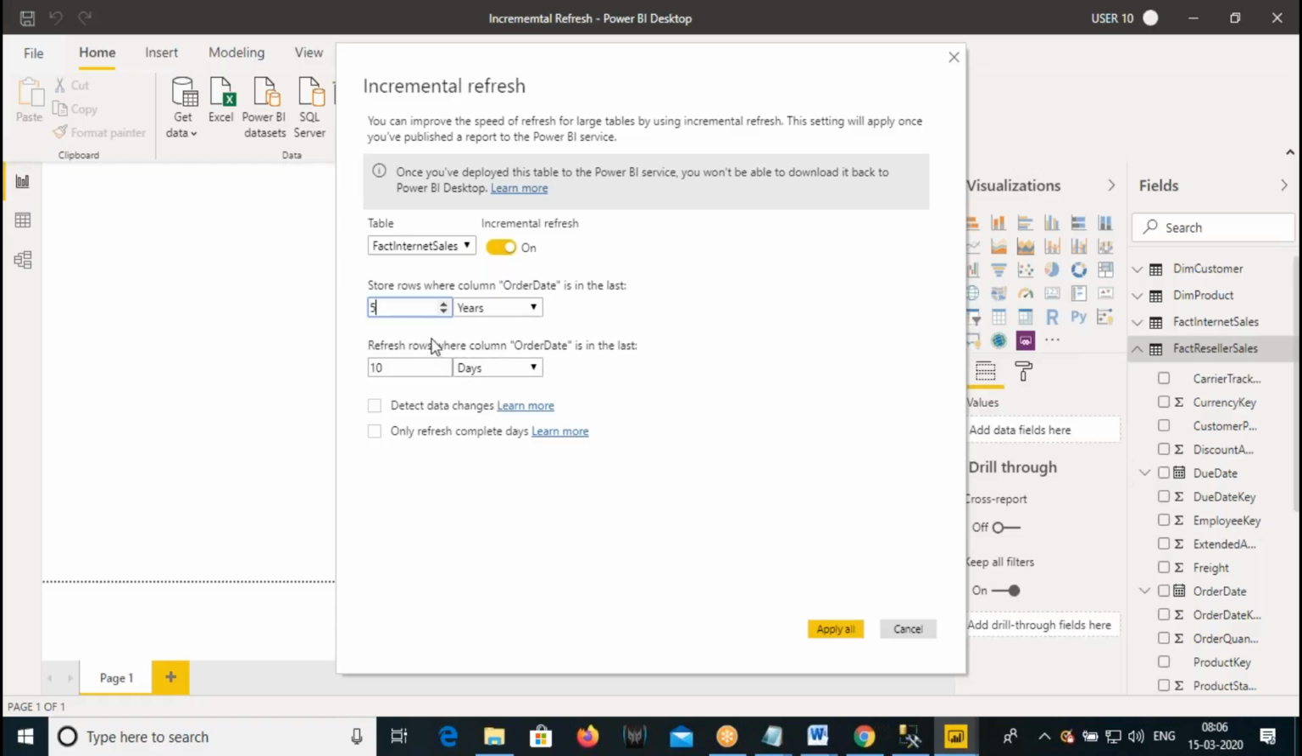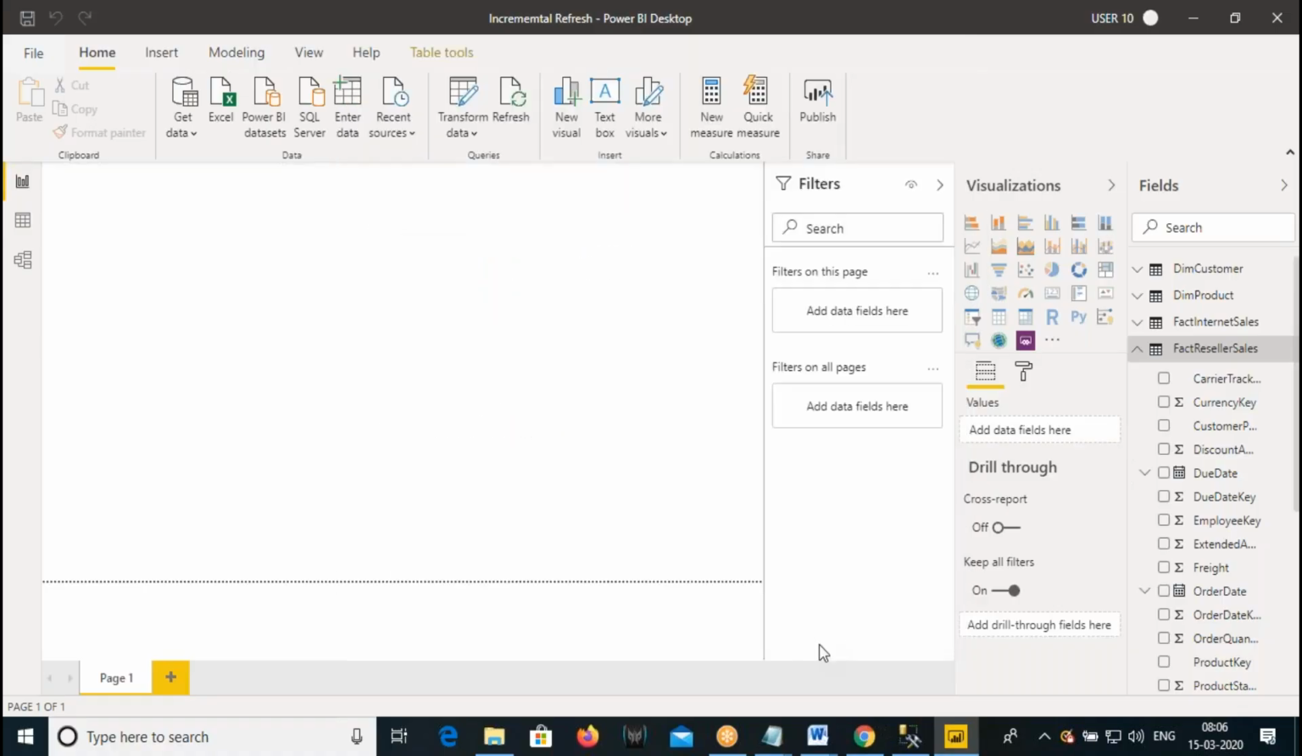The remaining options I'll discuss later. For now, let me keep it at 20. I want the last 20 years of data. The first time I refresh, I want to refresh 20 years of data. From subsequent refreshes, I want to refresh only the last 10 days of data. I'll come back and explain these options. Click on apply all. When I click on apply all, we're done with incremental refresh. Now, click on save. I give the report name as